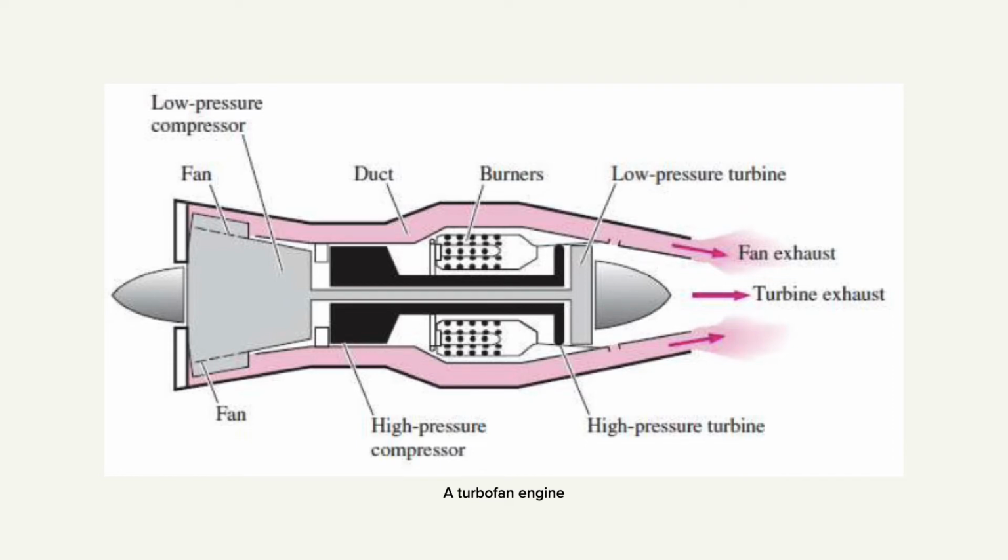These engines are responsible for the generation of thrust to push the plane forwards horizontally. These engines could be divided into 4 major sections: compressor, combustion chamber, turbine and nozzle. The compressor is responsible for, as the name suggests, compressing the inlet air coming through the diffuser, which increases its pressure and temperature. After the compression stage, the compressed air is mixed with fuel at a specific ratio and this